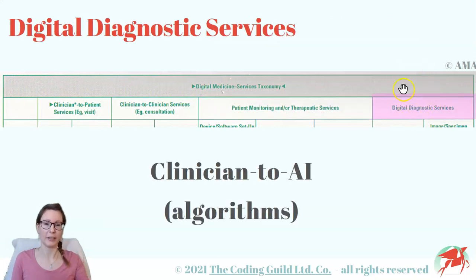And finally, in the last column, we have the choice of digital diagnostic services. This is where the provider interacts with artificial intelligence and algorithmically derived results. As we know, medical AI advances at a crazy speed. Machines are not only capable of helping with physical activities like robotic microsurgery, but they are also coming for white-collar functions at this point where they are analyzing and diagnosing patient data. When a clinician is using AI or AI-derived results, this is the column we have to choose.